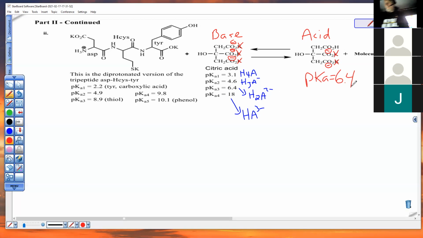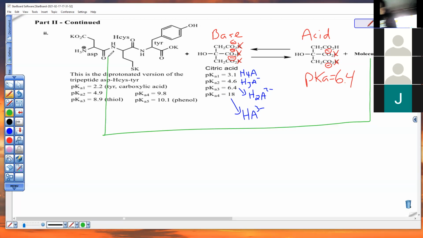Acids react with bases. This is the conjugate base of this. We need to figure out what the pKa of the green acid is. And before we do that, why don't I do the pKb of this base? How do we do pKb's of bases again? Remember, for a conjugate pair, pKa and pKb add to 14. 14 minus 6.4,